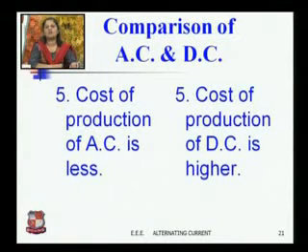Suppose you draw a waveform of 50 volt DC, then the magnitude of DC is 50 volt, which is constant throughout the period. So whenever you produce a DC, some additional energy is required to reach up to 50 volt, while in AC it starts from the zero value without any external energy. Gradually it increases and reaches up to the maximum value. So the cost of production, you can say the equipment required to produce AC, is less as compared to DC.